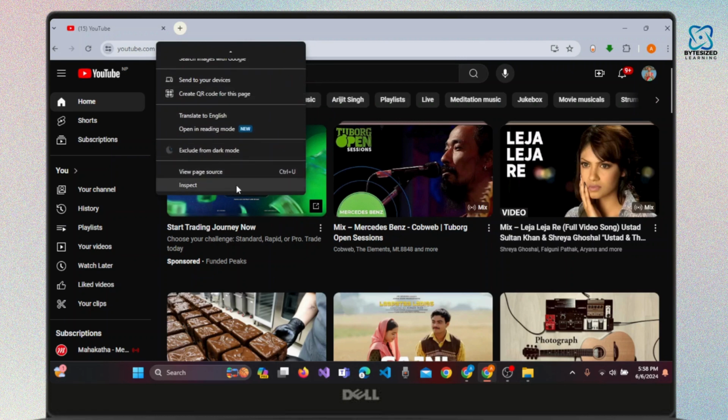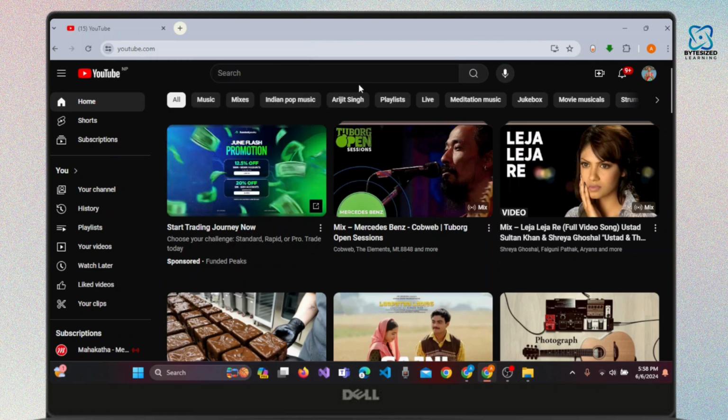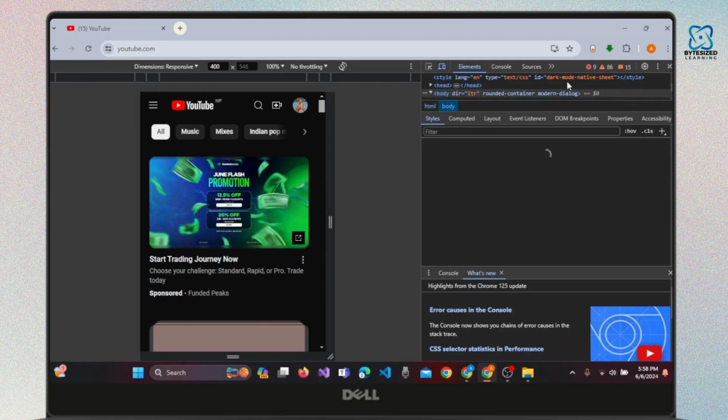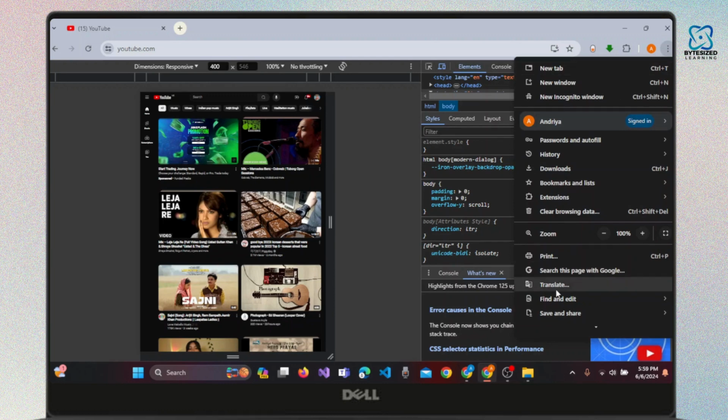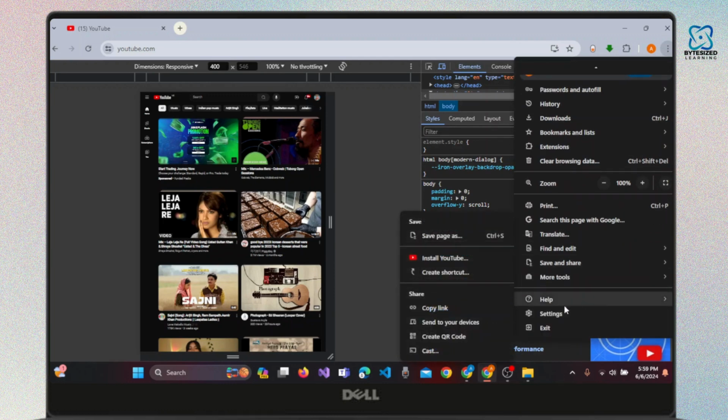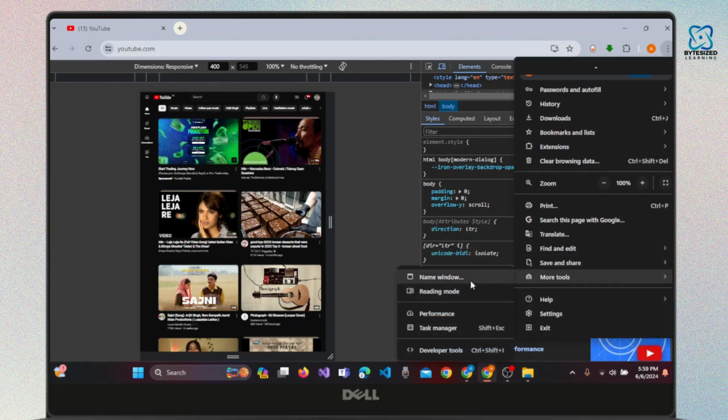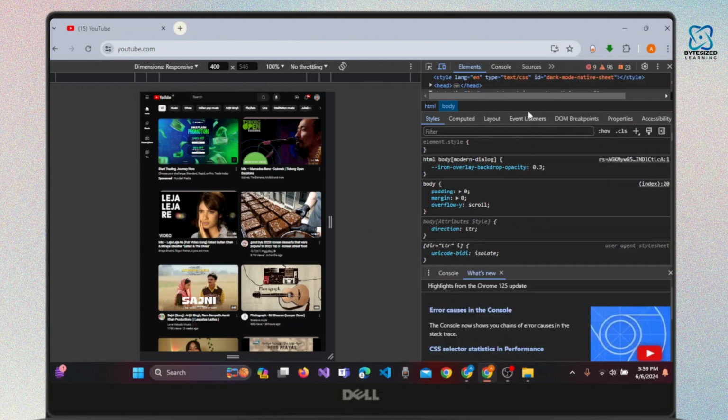You can simply click on it, or else you can also press Ctrl Shift and I on your keyboard and the developer mode will open, where you can also click on the three dots at the top right corner and you need to select the more tools, and here you can see the developer tools. So it's the same way, and once this developer tool will open,